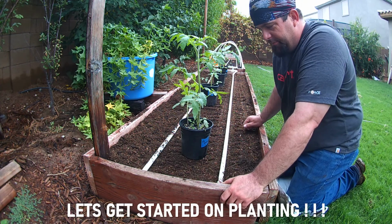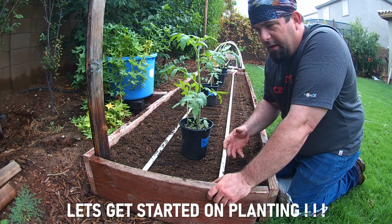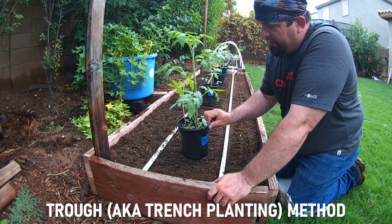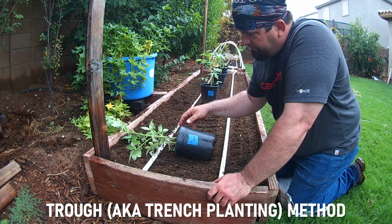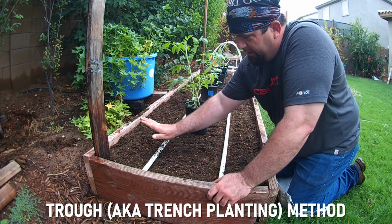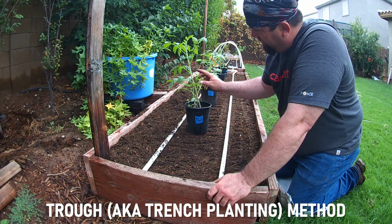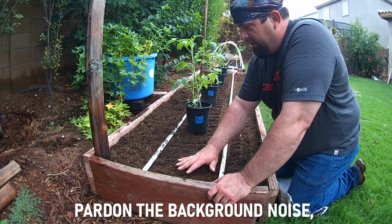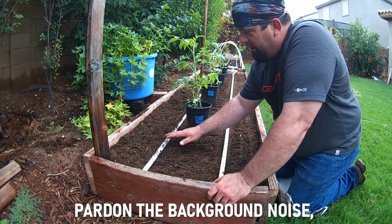Well, hello everyone. I want to show you how we're planting our tomatoes into the garden. I use what they call a trough method. So even though this plant's sitting here, when I bury it, it's actually going to be coming up over here. And what I'm going to do is leave this side a little bit shallower. I'm going to dig it deeper down here to bury the entire root ball and everything on the tomato up to about right here. And all of this area will then become a root system, helping absorb water and nutrients